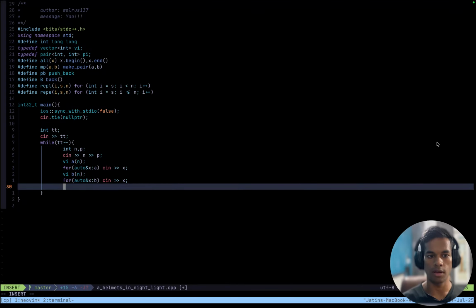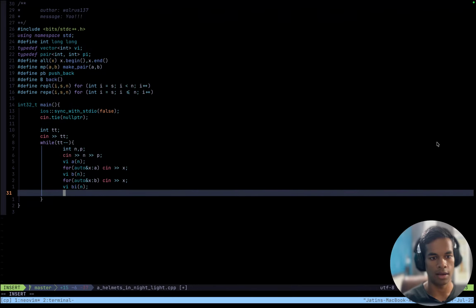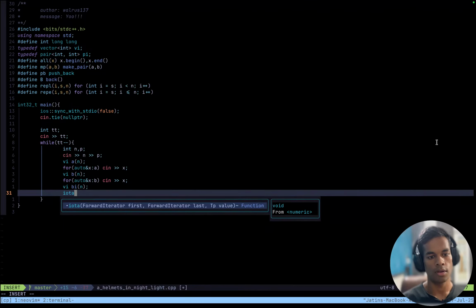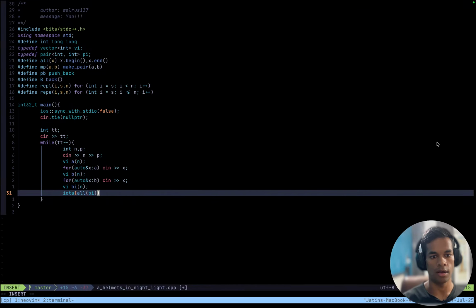I have this and another array of size, let's say, I will call it XX, or like BS BI N and the iota function, all BI all BI.